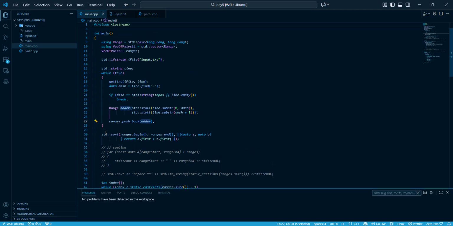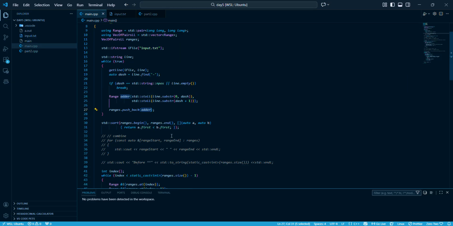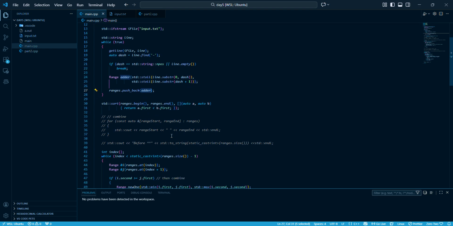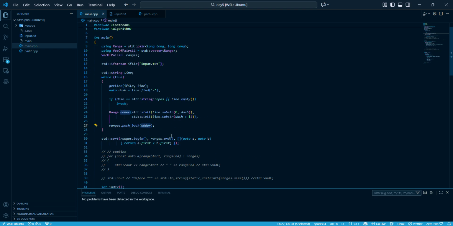After that I called std::sort from the start to the end, and I passed in a lambda that took in two parameters that basically is saying just sort it ascending, but sorted by the first one. So in this case, the start of each of the ranges. That will make more sense later. Before I show the rest of the code, basically what happens next is